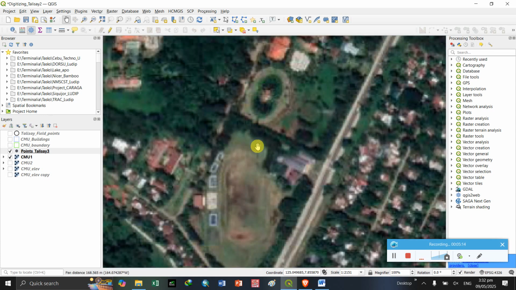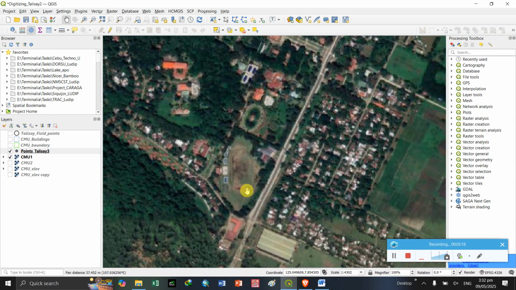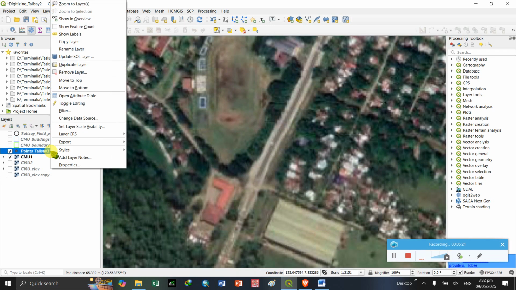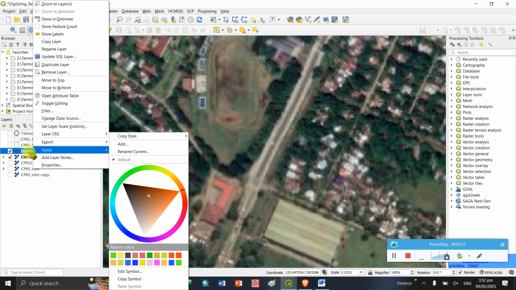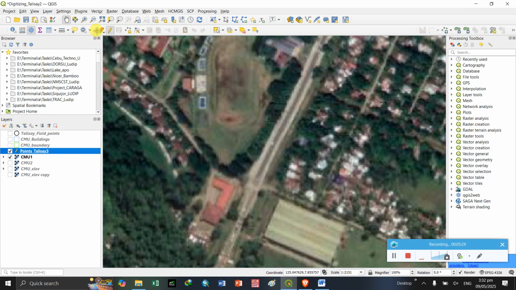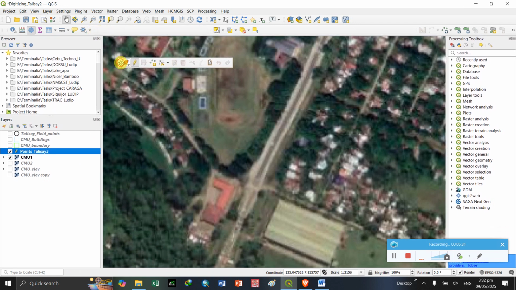To add point data on the shapefile, we need to edit the point layer. So right click and then toggle editing, and then you will have the editing toolbar.